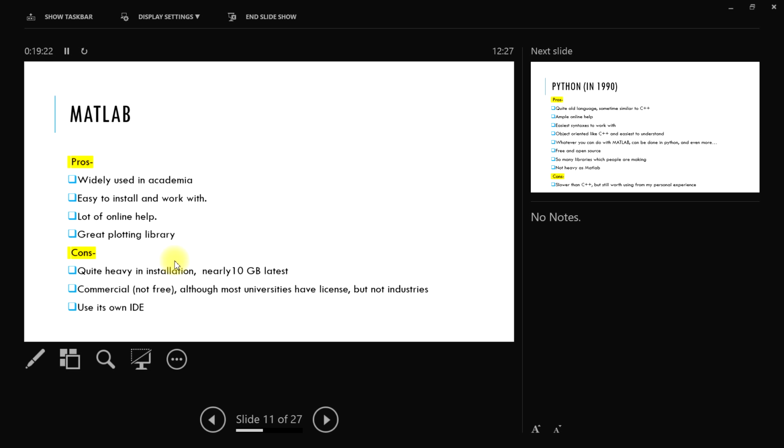If you install Matplotlib, it doesn't matter. I'll show you later on. When you install like 200 or 300 packages with Python, it's only 500 MB. When you do almost a similar thing with MATLAB, it's like 10 GB. But okay, there are more packages in MATLAB, but generally people do not use it.